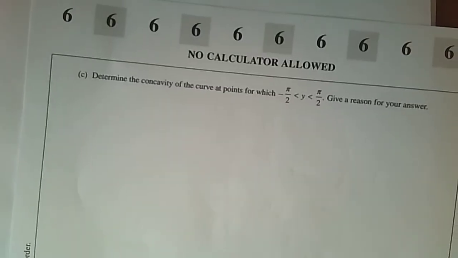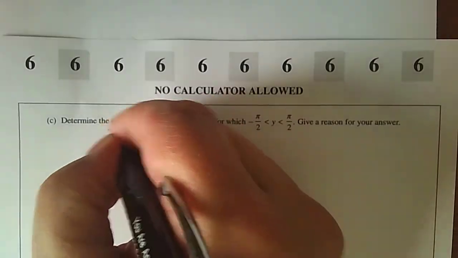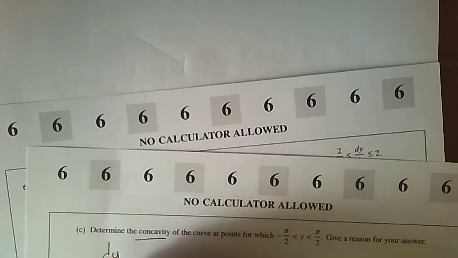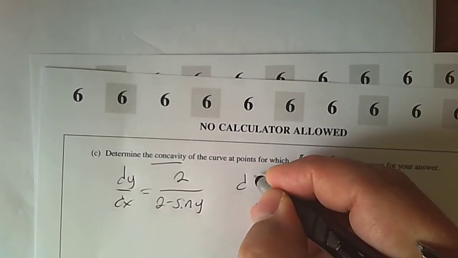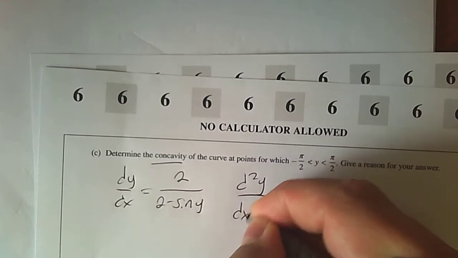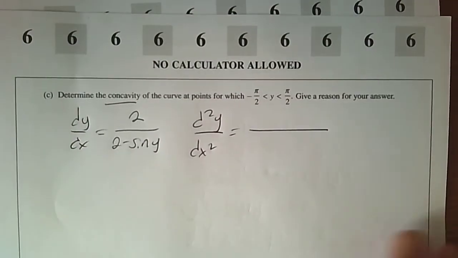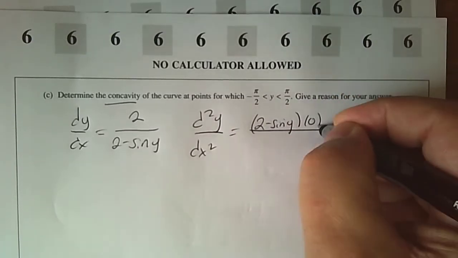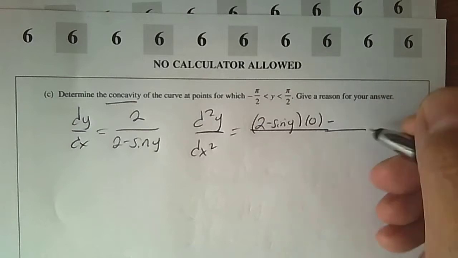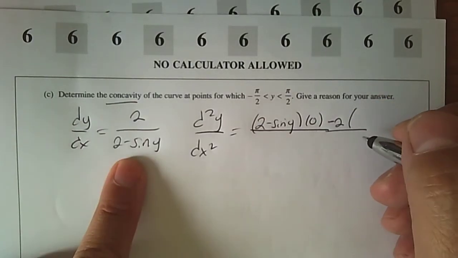All right, part C. Determine the concavity. So when you think of concavity, which derivative is that? That's the second derivative. So we'll go back to the first derivative. dy by dx is 2 over 2 minus sine y, just like that. So if I wanted to do the second derivative, what rule would you have to do? So you see it's dividing, so you'd have to do the quotient rule. So what is the quotient rule? So it's the bottom times the derivative of the top, that's 0, minus the top, 2, times the derivative of